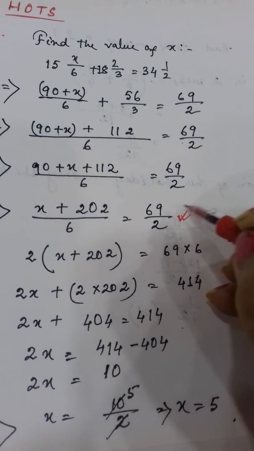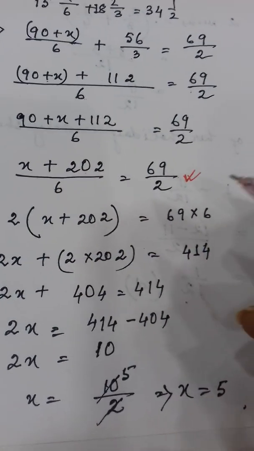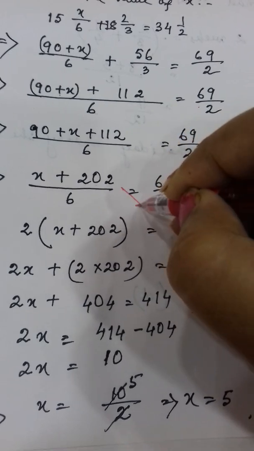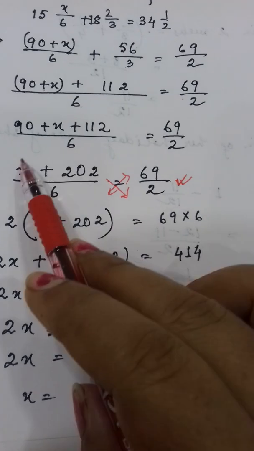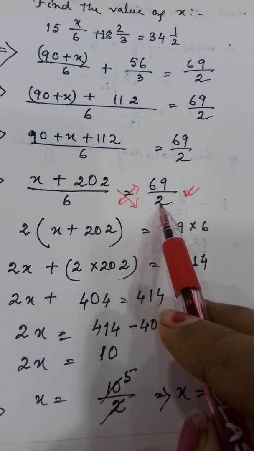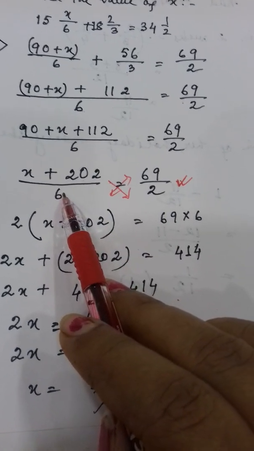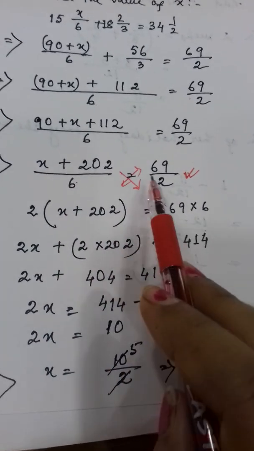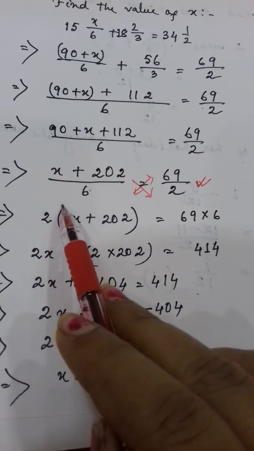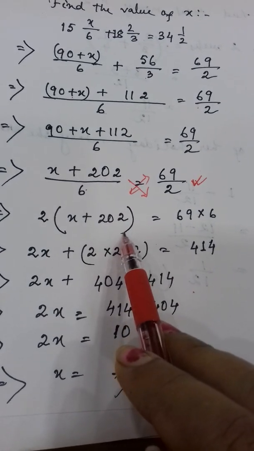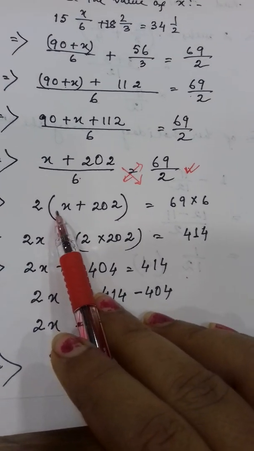Now from this line you see very carefully. What will you do? You have to find out the value of x. So what will you do? Now you will do the cross multiplication. Clear? With this complete numerator you will multiply this denominator 2, and with this numerator you will multiply this denominator 6. See, I have written this one, I have multiplied this complete number with 2. That's why I have enclosed this within a bracket. Clear?